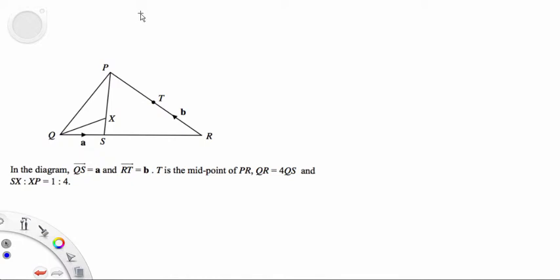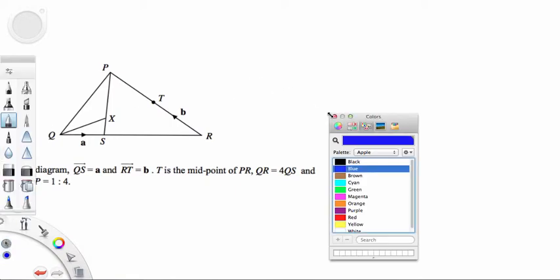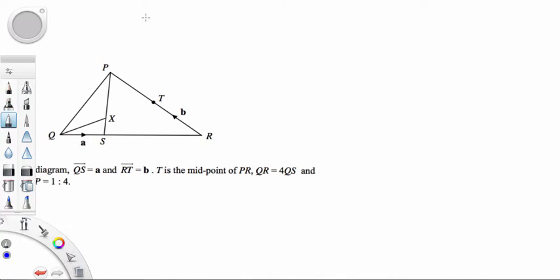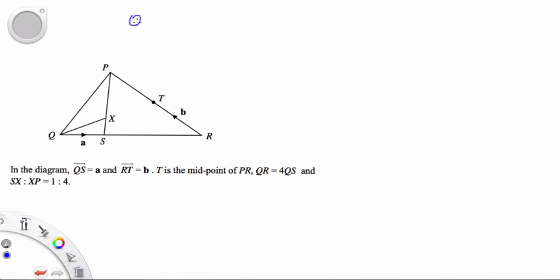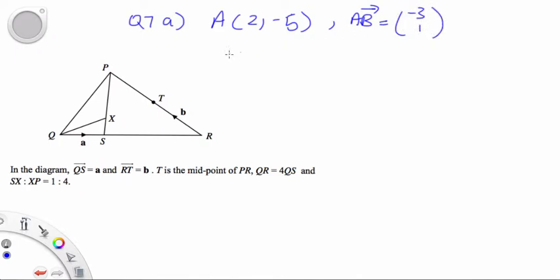Okay, now we will move on and look at question 7. Question 7a. Given that A is (2, -5), and then AB is given from the question as (-3, 1). It asks you to find the magnitude of